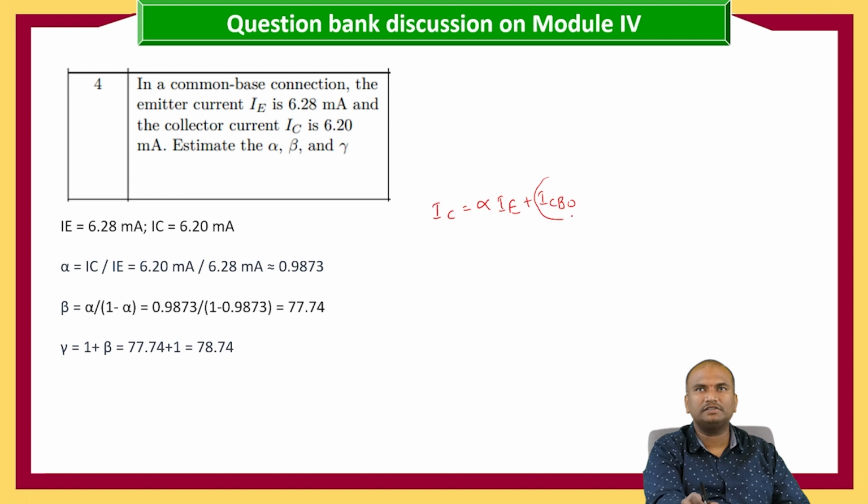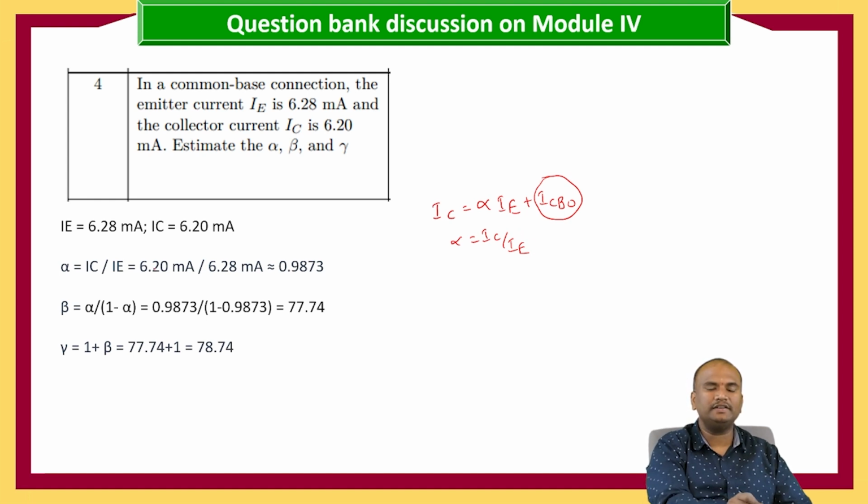Here this value is 0. When this value is 0, alpha is equal to IC by IE. So when alpha is equal to IC by IE, now we are substituting the values of IC and IE here. Here the IC value is 6.2 milliamperes divided by 6.28 milliamperes, which is approximately equal to